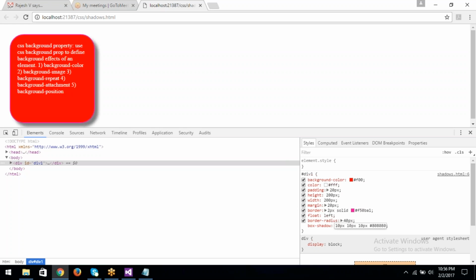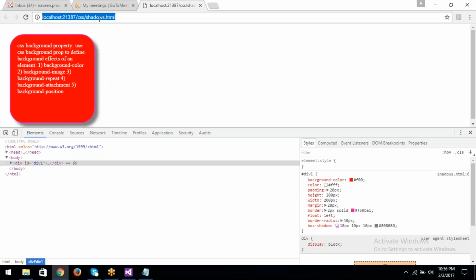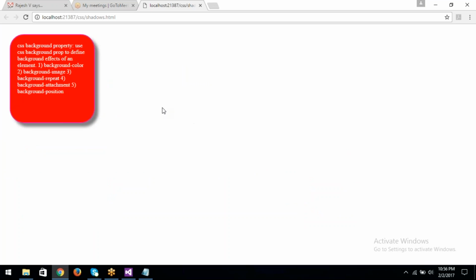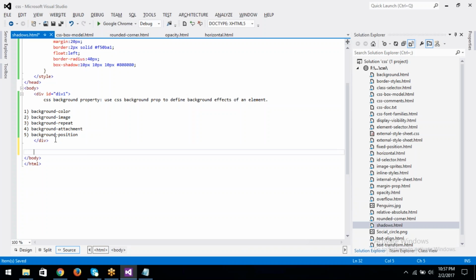Okay, so now three 10 pixels. Okay, 10 pixel, 10 pixel, and another 10 pixels. Okay, so for box shadow, we can apply a shadow like this, and for text shadow, for example, we